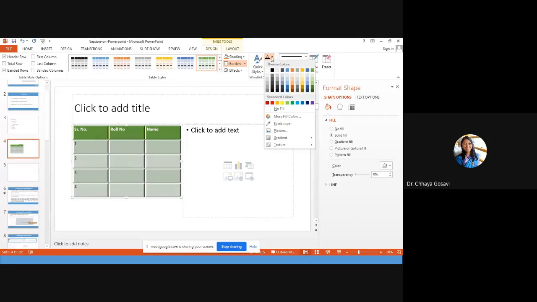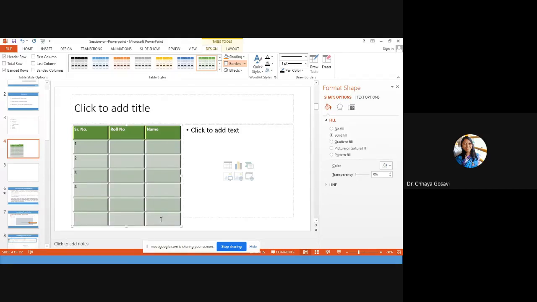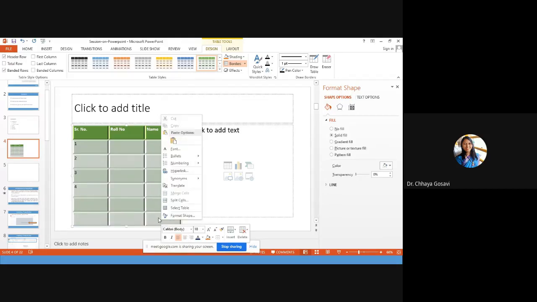Then this is about the theme color, which theme we want, and you can erase the table or draw a table. If you want to insert a new row, go to the last row and tap. It will add a new row. If you want to insert a new column, just right click.